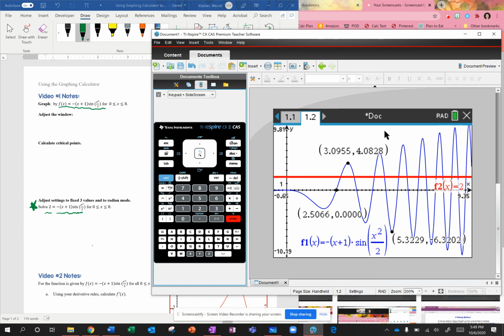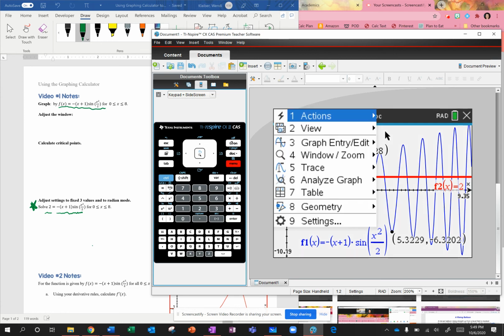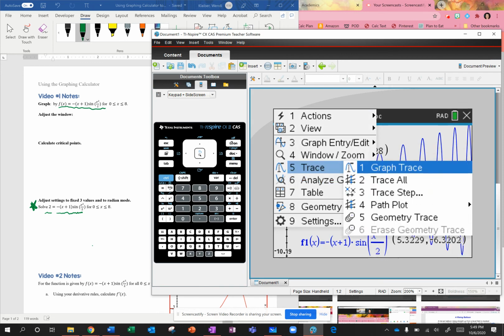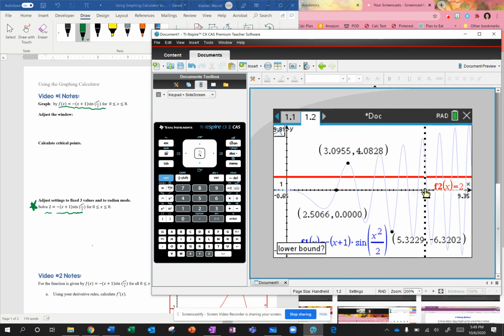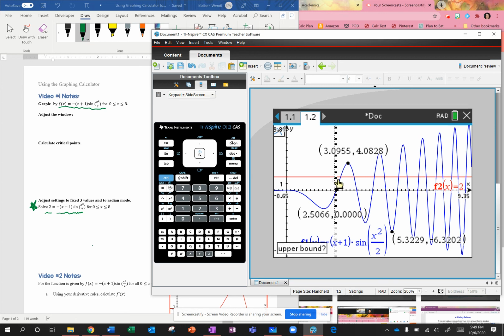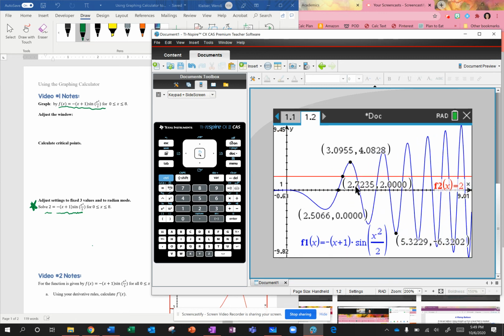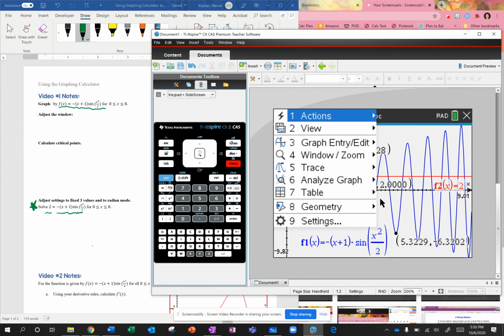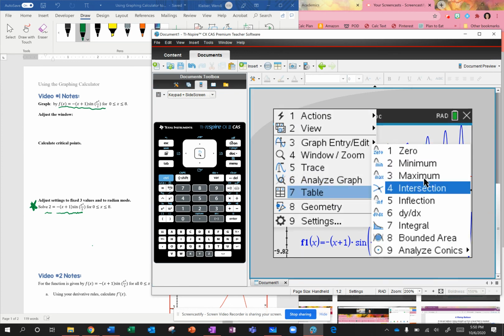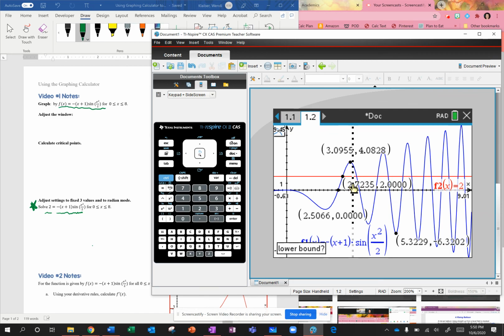Now I want to find out when the two functions are equivalent, so I'm going to find the intersection points. I'll go to Analyze Graph, and then Intersection. I want to find the intersection right there. One of the solutions is the value of x at 2.7235. Now it's set on the given domain from 0 to 8, so I'm going to need to find the next intersection point. I go to Analyze Graph, Intersection, and I go a little to the left and a little to